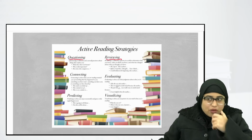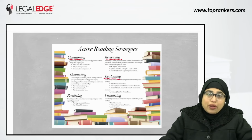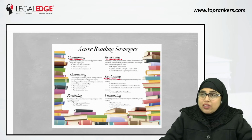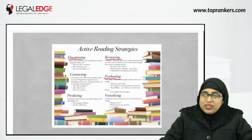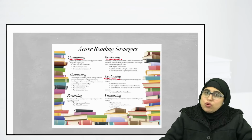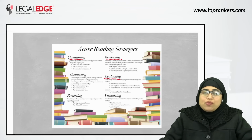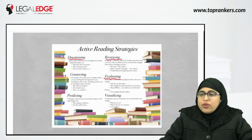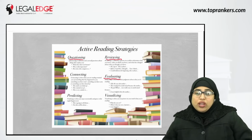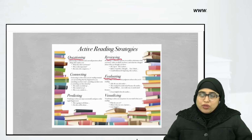You can always evaluate the information: what is the language, how is the language? Is the language critical? Is it praiseworthy, laudatory? What is the tone of the author? You have to evaluate the language so that you can attempt certain questions related to tones, writing styles, and figures of speech. All right, predicting. You can always predict the information beforehand if you have got prior knowledge about the topic,